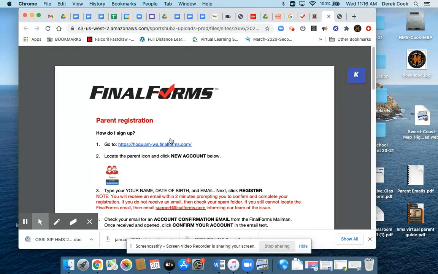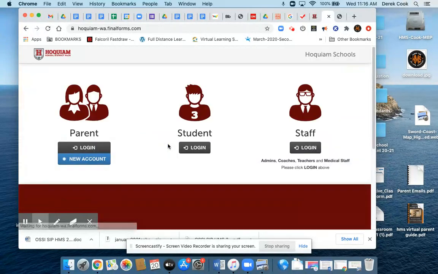So let's take this through. From the document here, you can go ahead and click that link, and that takes you to here. Now, if you don't have a Final Forms account already set up, you'll have to click New Account. New Account will take you through the registration process. So you'll enter the information, you'll hit register, it'll send you the email, you click the link in the email, it'll ask you to type a password in and confirm it. And once that happens, it'll bring you right back to this page. So all you have to do then is log in. I've created a parent account,